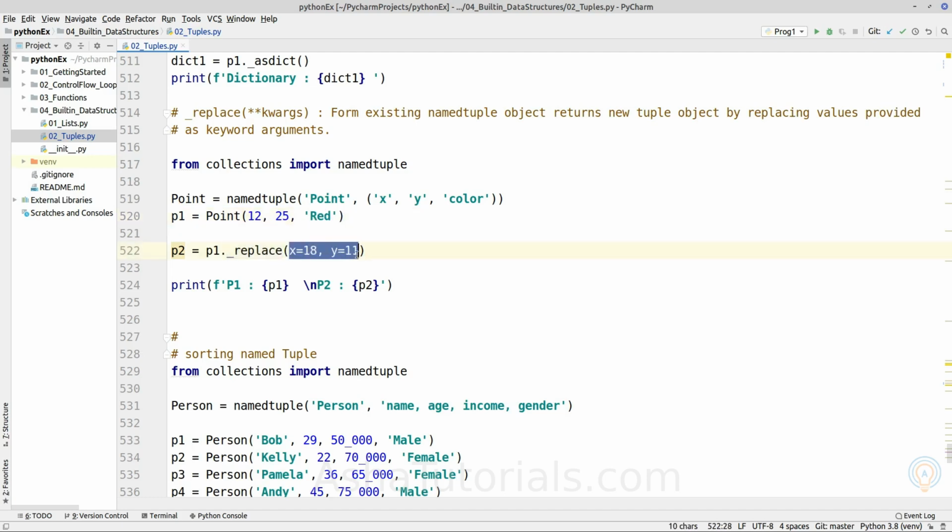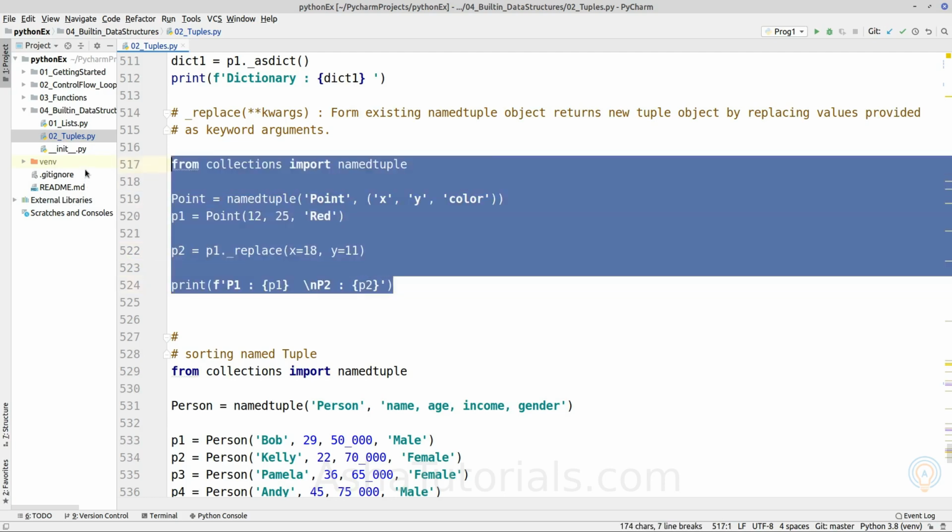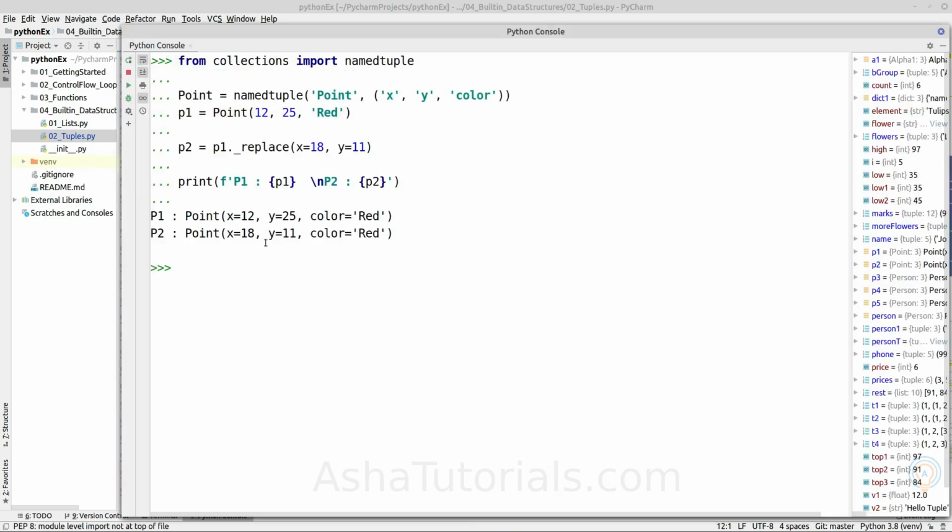It will only replace the keyword arguments given to it, and the rest of the values of the given object will remain the same. If we execute it, as you can see, color red remains the same, because we are replacing only the x and y values.